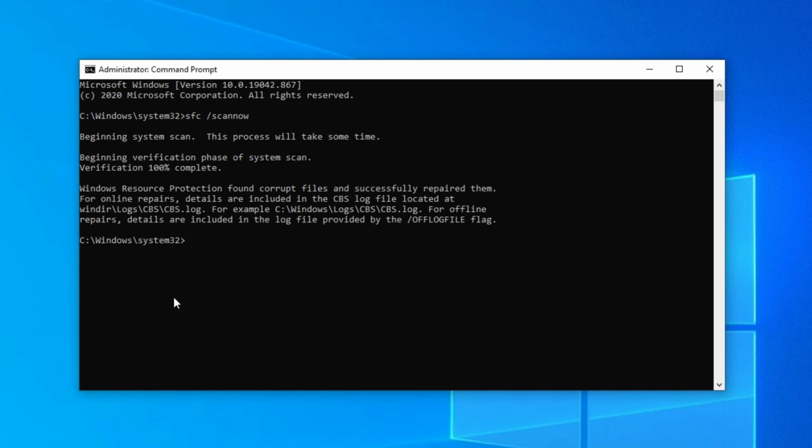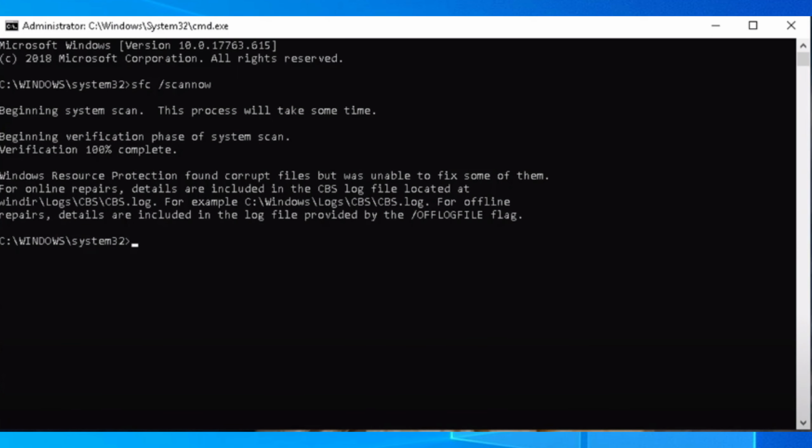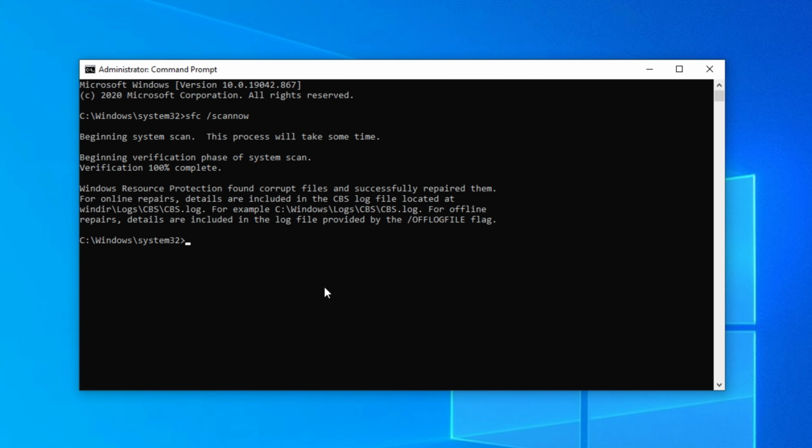Alright, once that's done, you're going to get one of 3 paragraphs or whatever. This one, where you found corrupt files and successfully repaired them. Where you found corrupt files but couldn't repair them. And where it found nothing. But even if you get any of those 3, especially if you get like the second one where you found corrupt files but couldn't repair them, you're going to want to do step 2, which is you're going to want